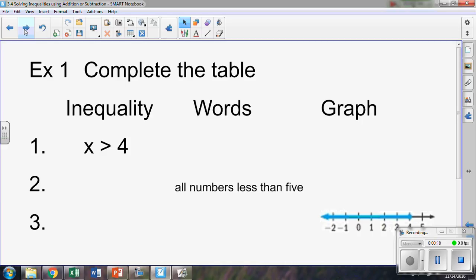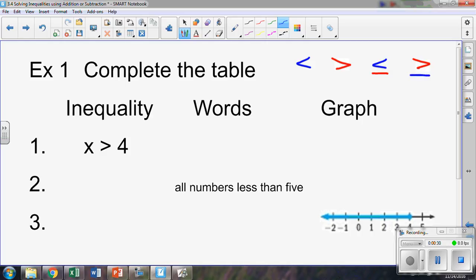Straightforward pieces that you're likely familiar with. Inequalities are things that don't use an equal sign. So inequalities would include less than, greater than, less than or equal to, greater than or equal to. And we can convert them between the written inequality and its words and the graph. If we'd like to graph